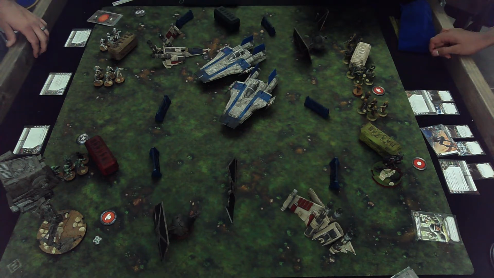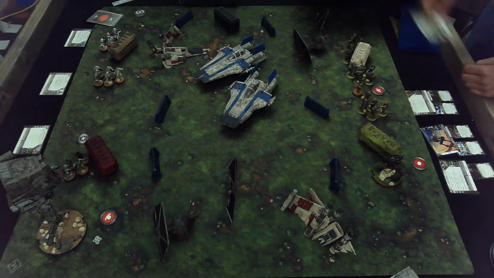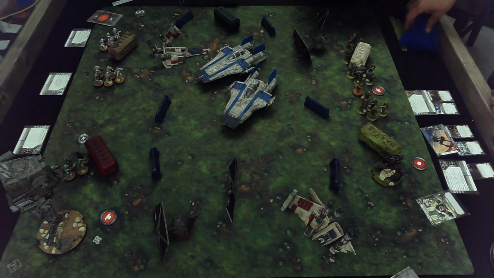I'm gonna activate the ATRT, for sure. And my card says when a friendly trooper unit is issued an order, it may perform a speed 1 move. Okay. So that means that